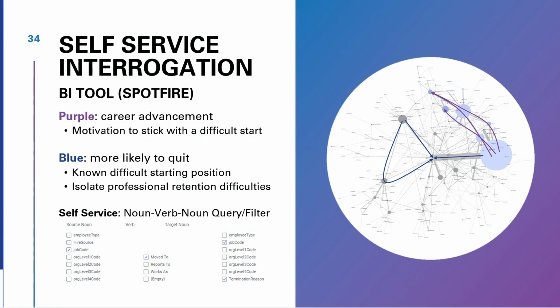And then we had the self-service element. Just to show a little bit more detail on that. In purple, I've highlighted the career paths that we could encourage new hires to take, right? We have a starting position that's known to be very difficult, and we make no bones about that. We're open about it. It is a difficult starting position. But we want to encourage people to stick with it and show them that there is a path through the company to get to these higher and better positions.